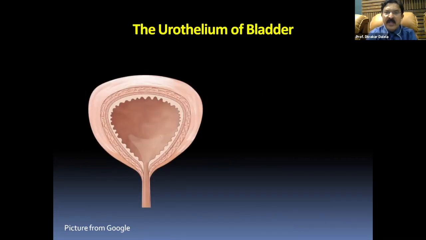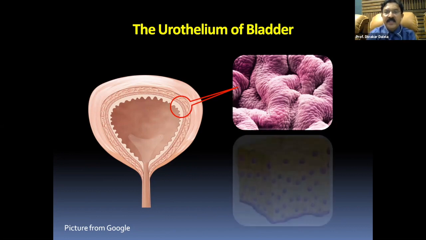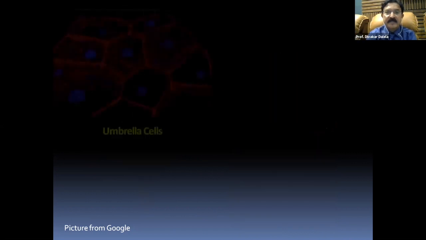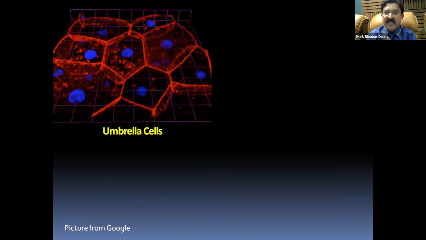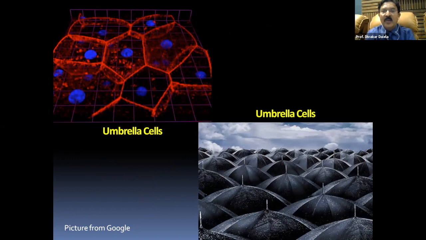If you look at the urinary bladder lining epithelium with a magnifying lens, a small part magnified by scanning microscope, the lining will look something like this. Rough, bumpy inside lining of the urinary bladder. If you look with greater magnification, it looks like this. Multiple layers of the cell, and the top layer of the cell is thicker and bigger. The cells are joining each other with tight junctions, and these cells will remind you of what is called an umbrella, and these are cells called umbrella cells.